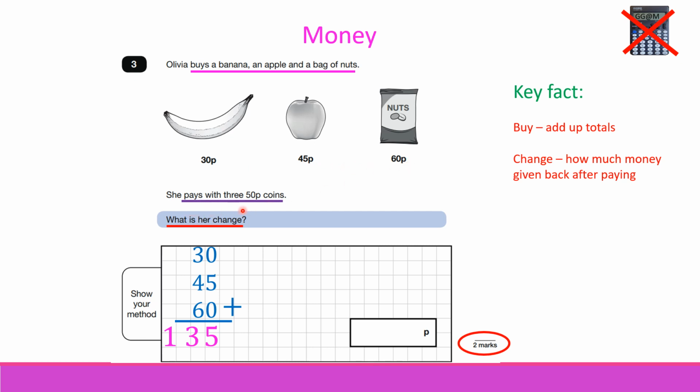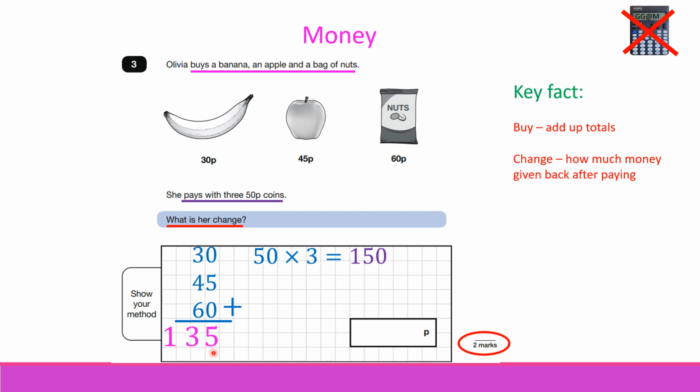Now you're told that she pays with 3 50p coins. So I've got to work out how much money we have got with us. So that is 50p times by 3, or 50p plus 50p plus 50p, whichever way round you prefer to work it out. Now if we're going to do that multiplication in our head, we have got 3 times 5, which we know is 15, add on a 0, which gives me 150. So without a calculator, in your head, 5 times 3 is 15, add on 0 is 150 pence. So that's how much money we've got to give the shopkeeper,